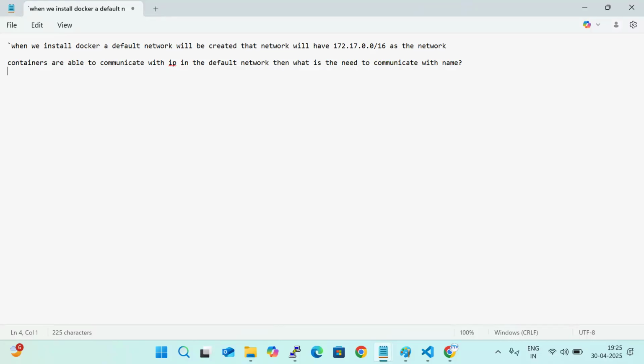But before that, what you need to understand is that the containers in the default network cannot communicate with name. That is the point you need to understand. Now, why do they need to communicate with the name? It's a very simple logic. For example,